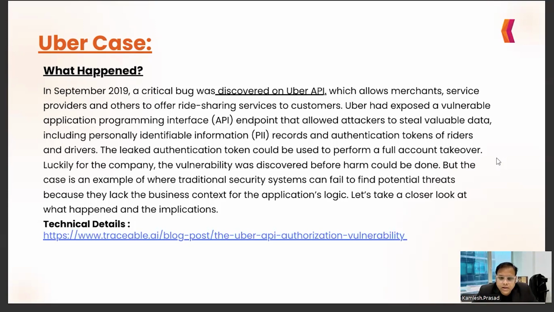But my personal reason for picking this topic is that we share a lot of our credit card information, auto pay, our credentials, our address, everything in Uber. If such a thing is breached, my residence, my office, all my information is gone. The technical details are mentioned in the link where it has been posted: how it happened, what the script is, and how it was remediated.